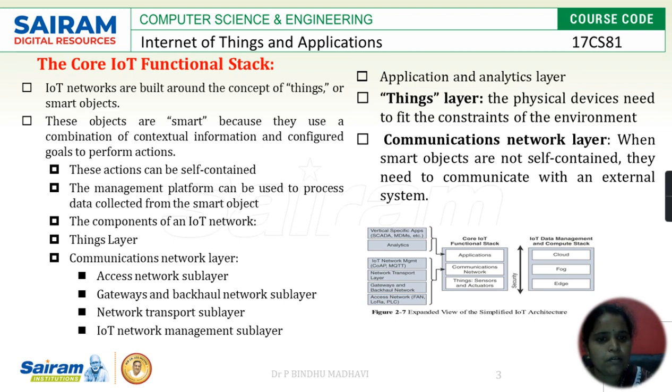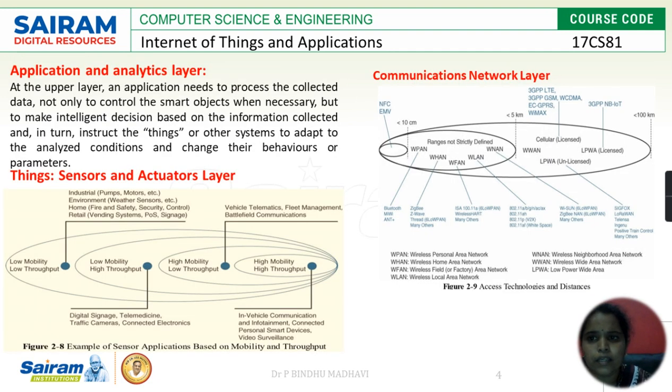We know that all the smart objects are not self-contained, means it is not like they will communicate only within the network or among themselves. They have to communicate with the external system. You can see the diagram below. So applications, communication and things, these three play a main important role in the core functional stack. Yes, you can see here what kind of things we are connected to and what kind of components we use for accessibility of the data based on the technology and distance.